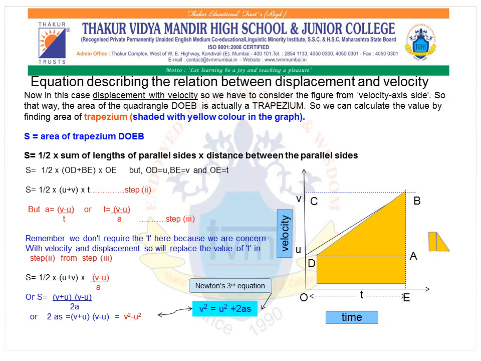Already we have studied in algebra, there is an algebraic expression for this, that in such a case A plus B in bracket times A minus B, its value is A square minus B square. Same way we can solve this and we get the value 2AS is equal to V square minus U square, or taking the final value of velocity, we get V square is equal to U square plus 2AS, and this is Newton's third equation of motion.